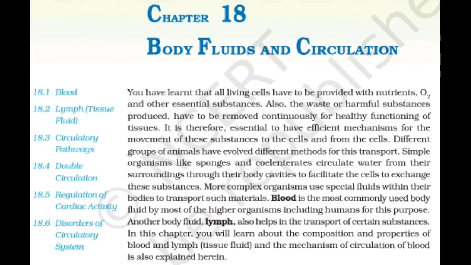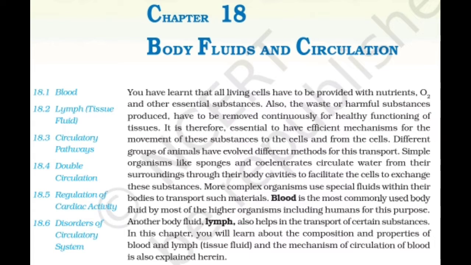Chapter 18 Body Fluids and Circulation. You have learned that all living cells have to be provided with nutrition, O2 and other essential substances. Also, the waste or harmful substances produced have to be removed continuously for healthy functioning of tissues. It is therefore essential to have efficient mechanisms for the movements of these substances to the cells and from the